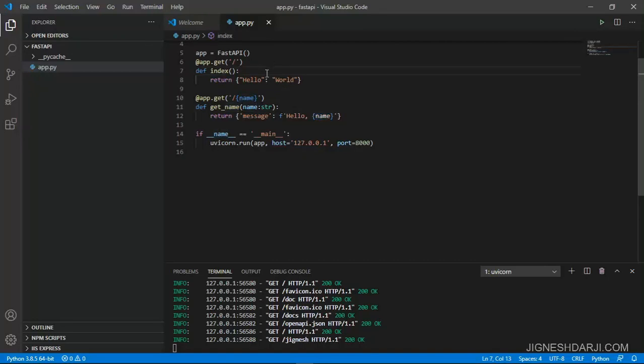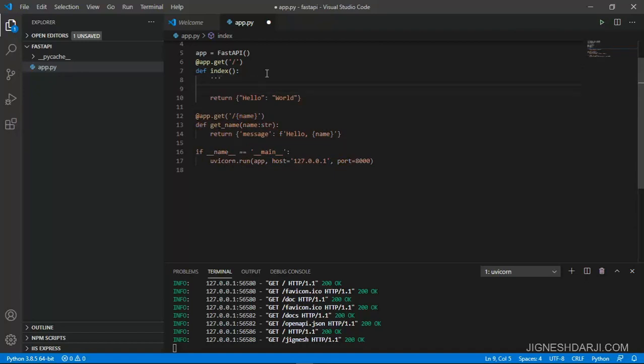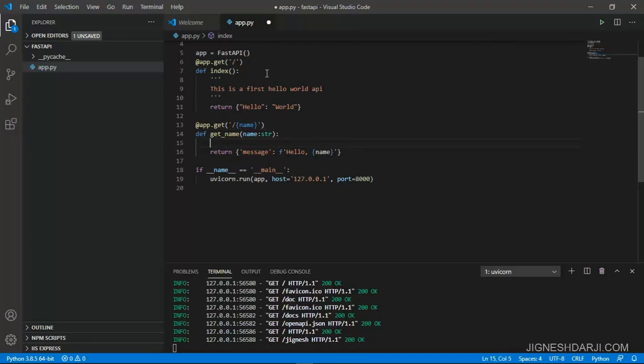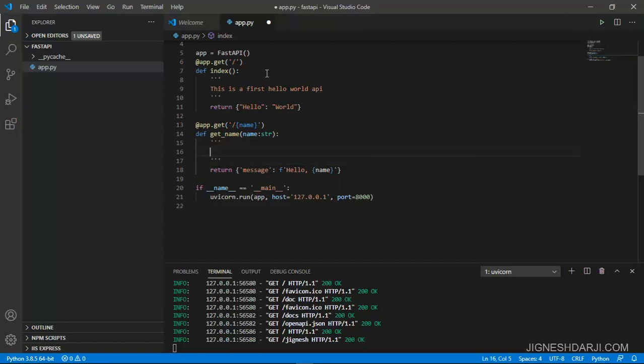Here we need to specify some details related to our API, something like help text, saying this particular API is related to this particular thing. So let's give some description over there, something like this is the first hello. You can give any help text over here that is relevant to your API. We need to give another description for the get name as well, something like print your name.